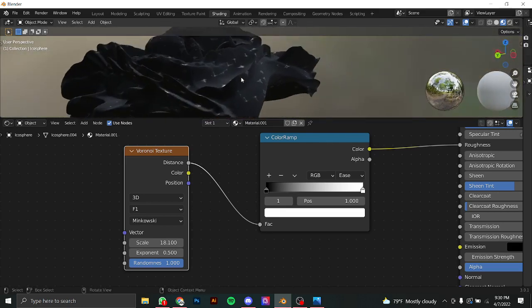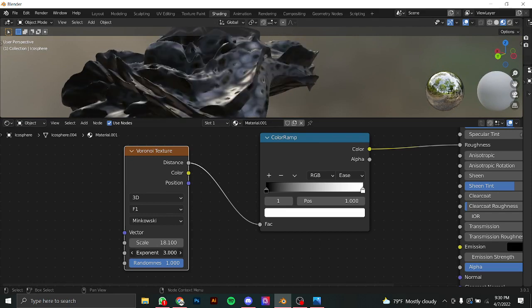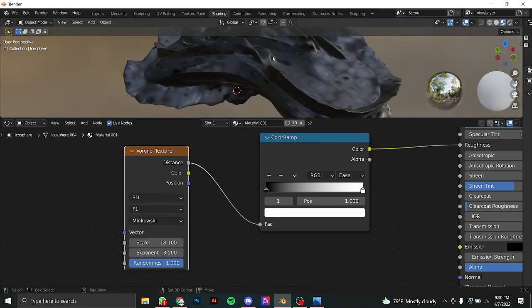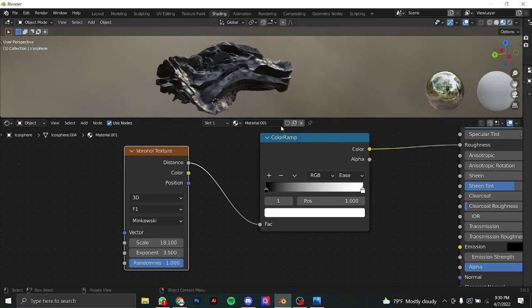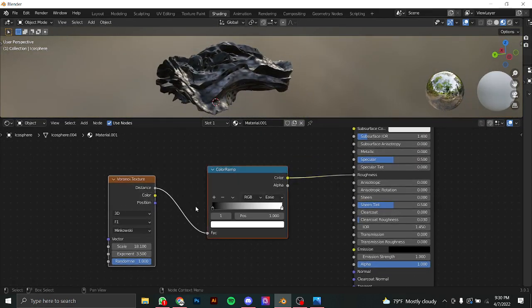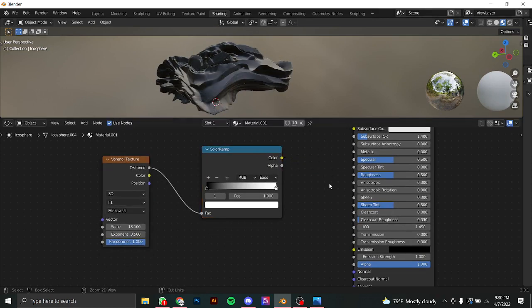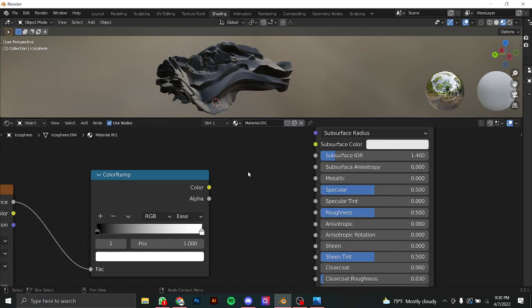This one can be cool. It depends on what you're looking for. So you can make these things affect really anything you want. So now it's affecting the roughness, but if we disconnect it and we want it to affect the